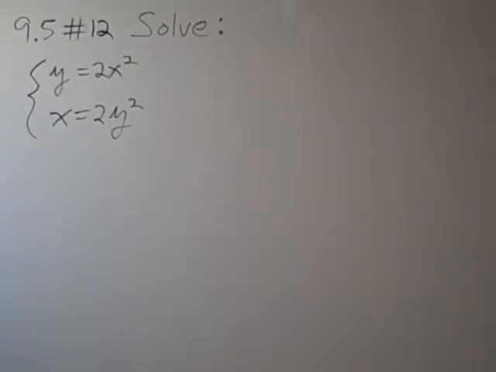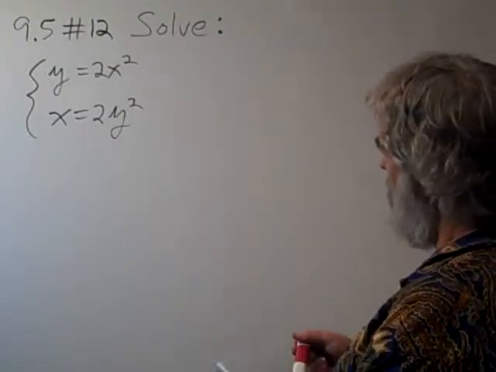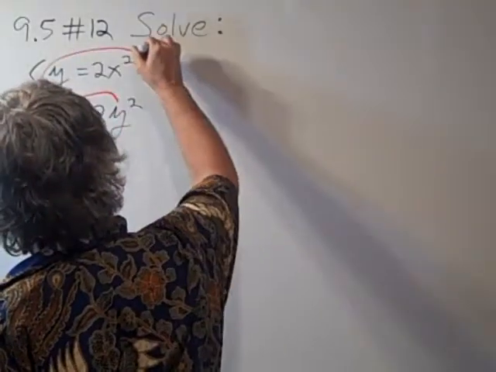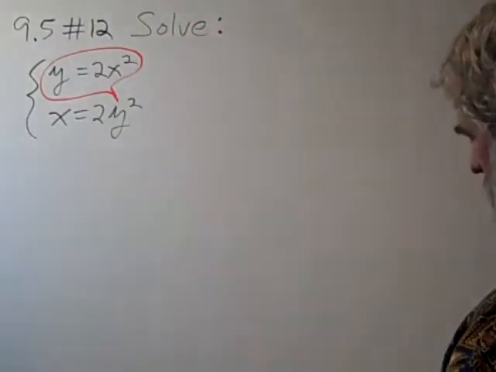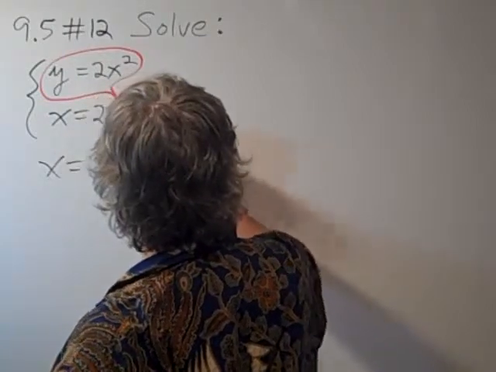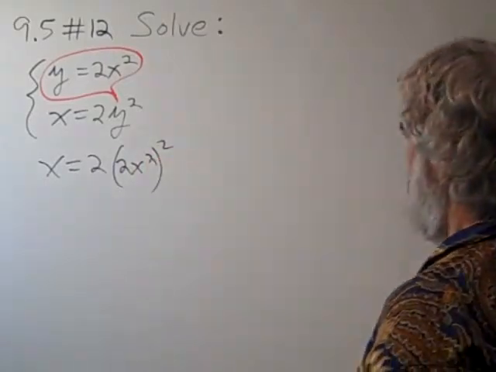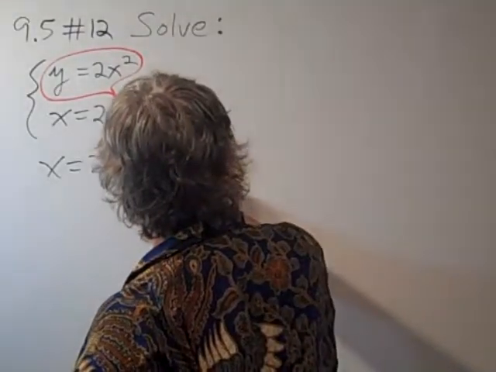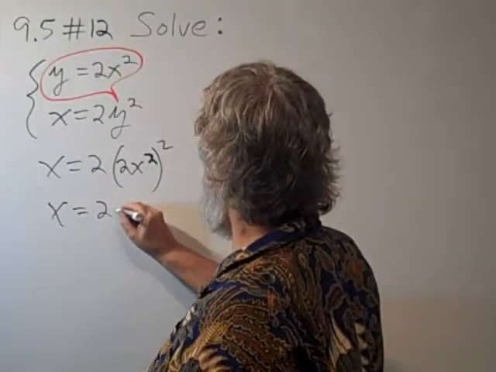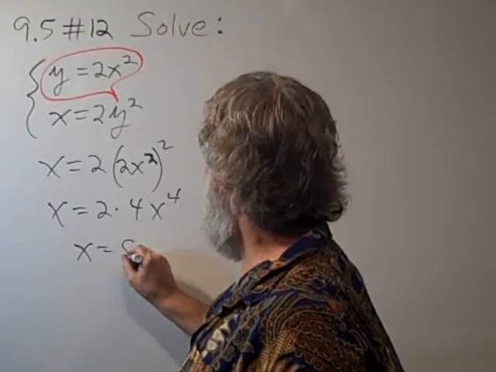Okay, to solve this system of nonlinear equations, let's substitute the first equation into the second one. So we can substitute in for y in the second one 2x squared. The second equation then becomes x is 2 times y squared, but y is equal to 2x squared. So it's 2x squared squared. Okay, so x is equal to 2 times 4x to the fourth, or x is equal to 8x to the